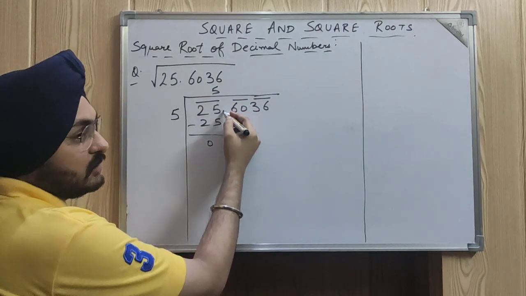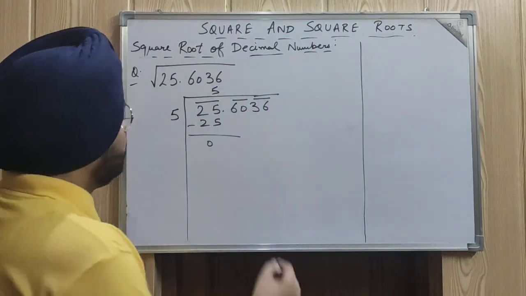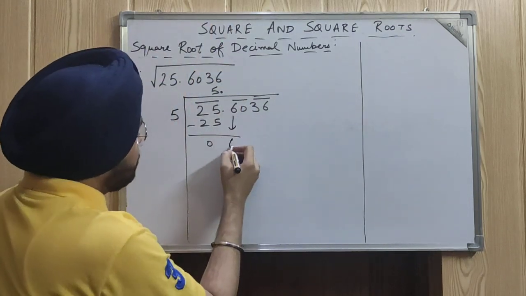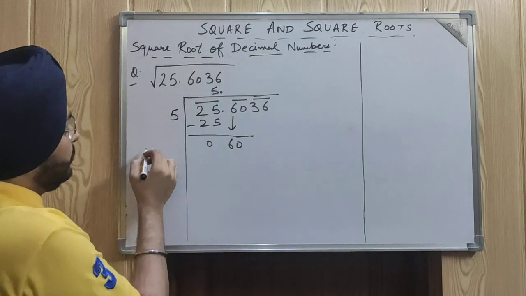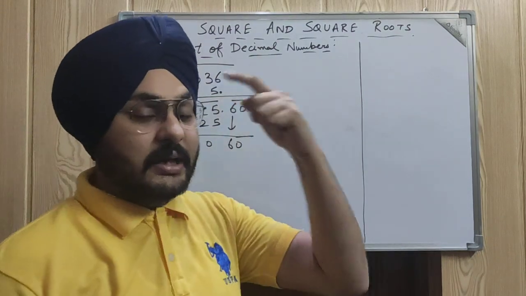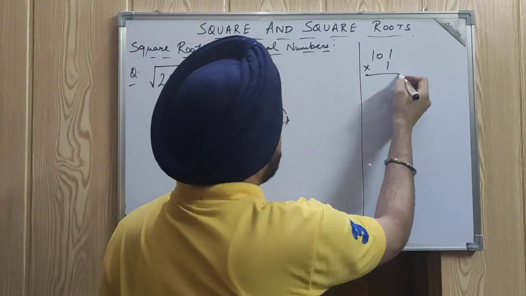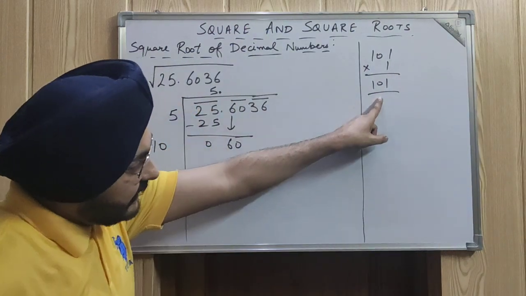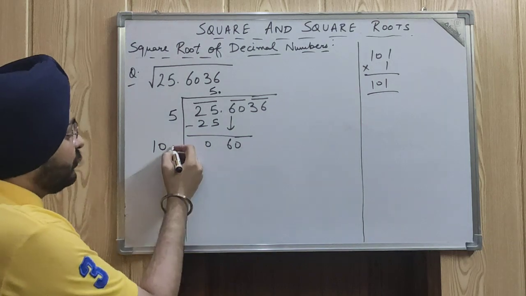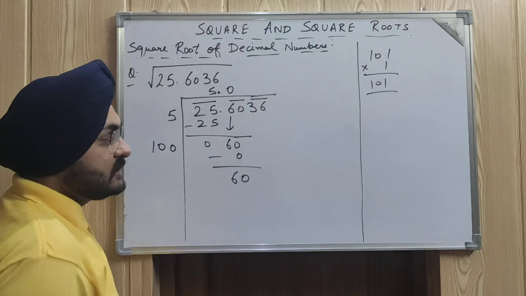Now this decimal, can we take this decimal to the quotient? Yes, I will be taking this decimal to the above side. So this will become 60. 5 plus 5 will become 10. Now you have to write the number here. So the first number you will be keeping in mind will be 101 only. So if I will be multiplying 101 into 1, I will be getting 101 only. Can I write this 101 below this? No, I can't write the number. So I have to write 0 only. So on subtracting, we will be getting 60 only.